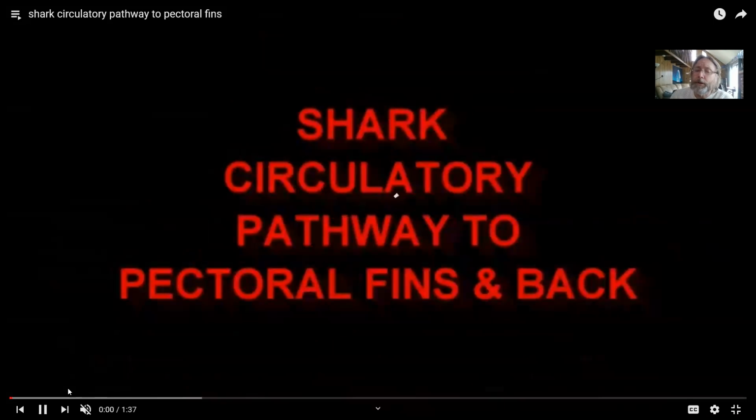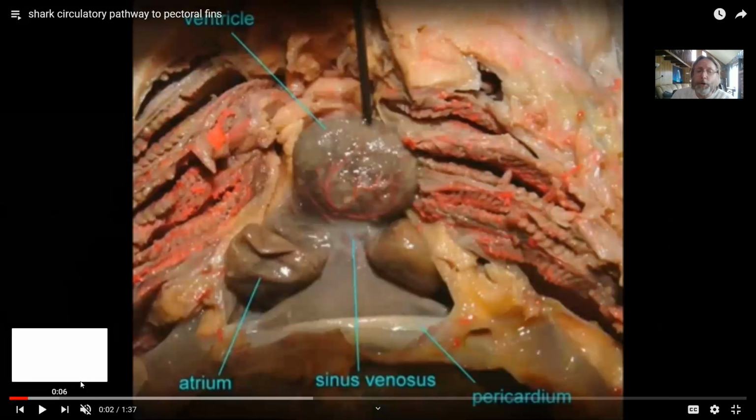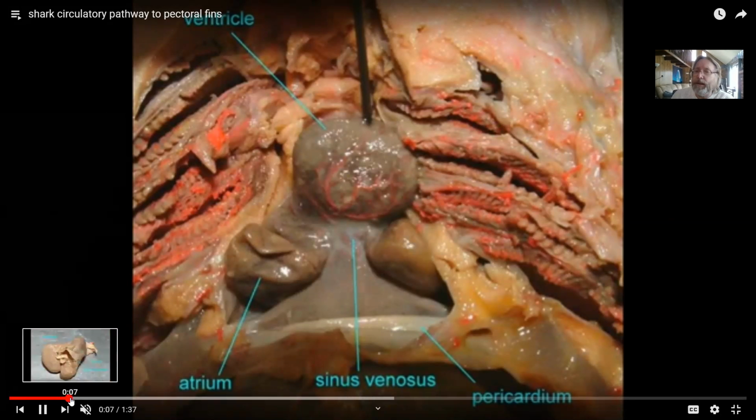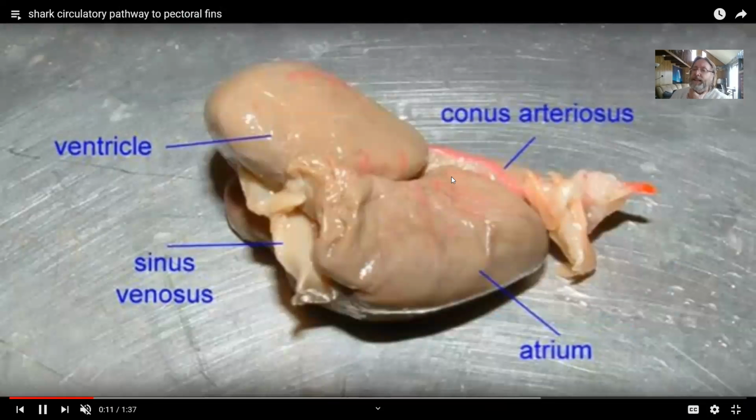This video is going to review the circulatory routes to the arms and back to the heart, the legs and back to the heart, or in sharks to the pectoral and pelvic fins and back to the heart. So if we were to begin with the shark, deoxygenated blood returns to the sinus venosus, to the single atrium, to the single ventricle, from there into the truncus or the conus arteriosus, and then it gets sent to the